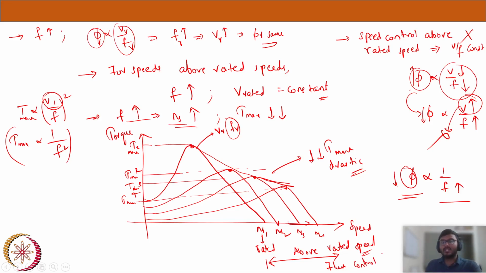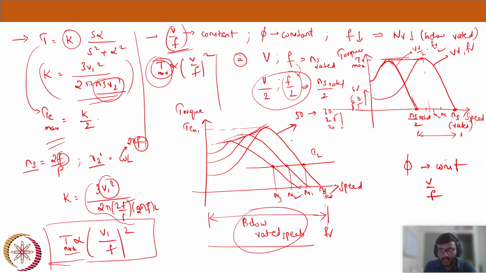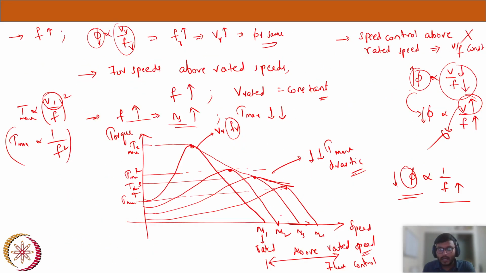Likewise in the DC machine, that's the beauty. Every relation, every concept will come together, and they will all make sense now. They will make more sense. So that's how your combined diagram would look like. If you combine this diagram with this diagram, this is the rated curve, and below this you will have the below rated speed curves, and above this you will have the above rated speed curves. So this is how